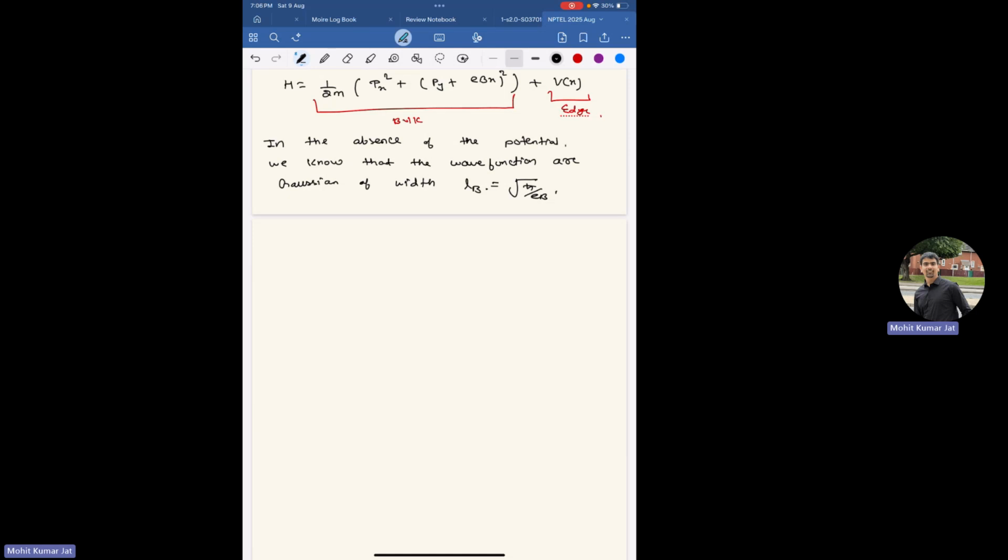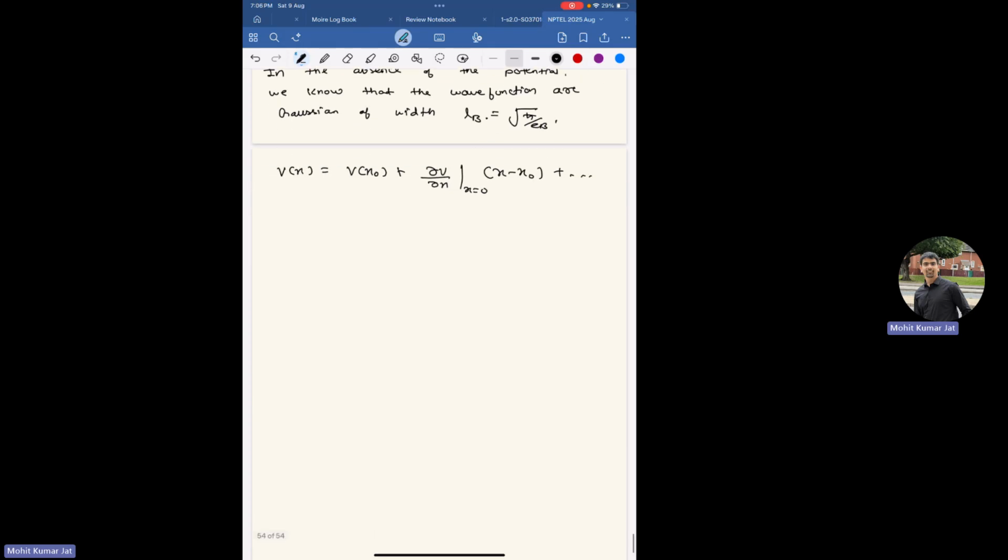And the potential profile also is given, and even if it's not given, we can expand the potential using the Taylor expansion, even if the potential is smooth, and your Vx will go as Vx0 plus del V by del x at x equals 0 times x minus x0, and the later terms we can just ignore, right? So we are then left with this linear potential, which is exactly what we have seen in our course,